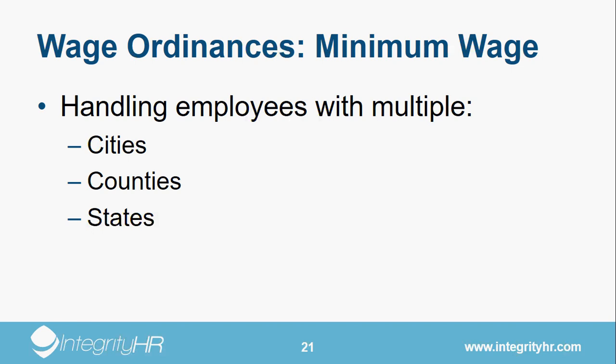Where the complex calculation comes in is you really need to be able to track, if he goes into overtime, which city he was working in when he went into overtime. So theoretically, if he was working in City B, then his overtime rate is going to be based on the $12 an hour rather than the $10 an hour. So that's why a really good human resource information system, payroll system, is essential when you start to get more complex in this area. Yeah, that gets tricky pretty fast.